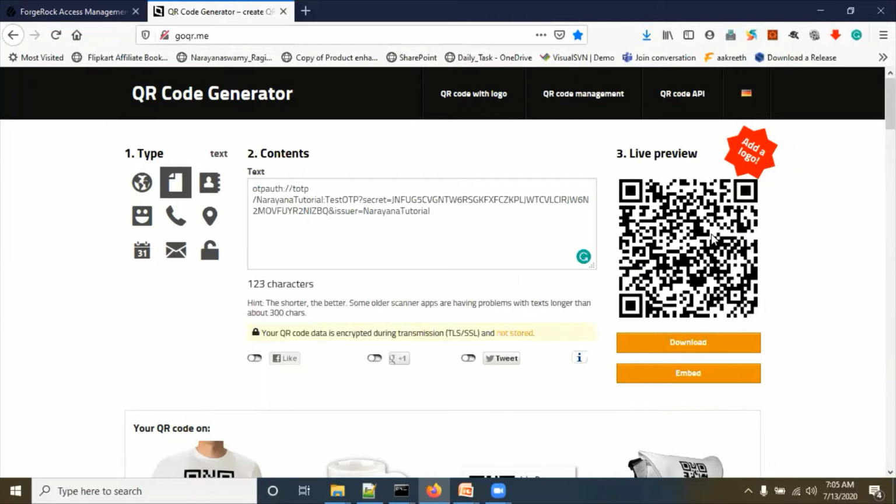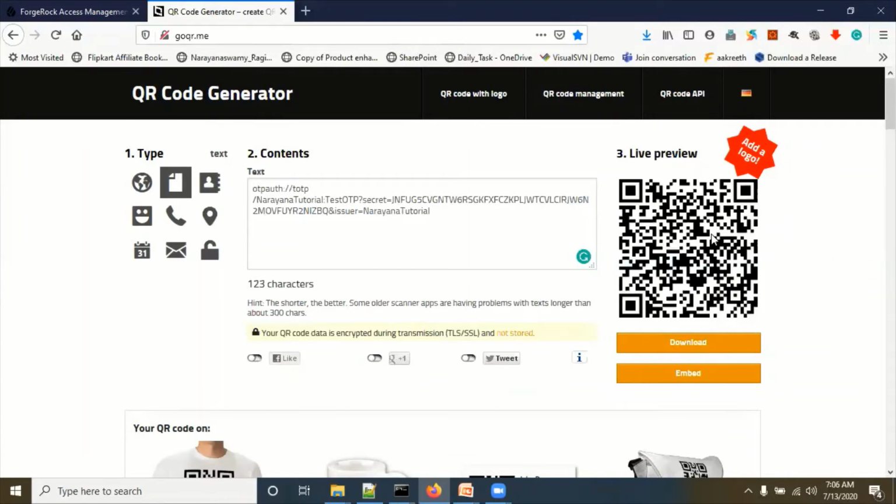Go to the Play Store, search for Google Authenticator, and download and install it on your Android mobile or iPhone. After installing Google Authenticator, just scan this QR code. One account will be created automatically, and there you can see our TOTP code generated every 30 seconds.